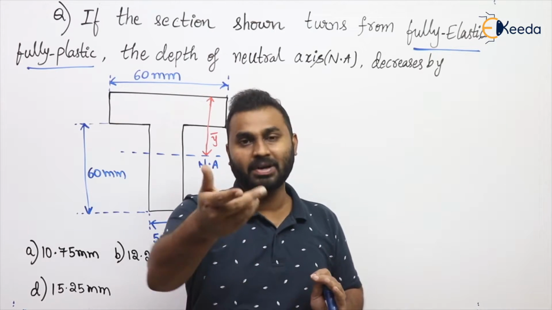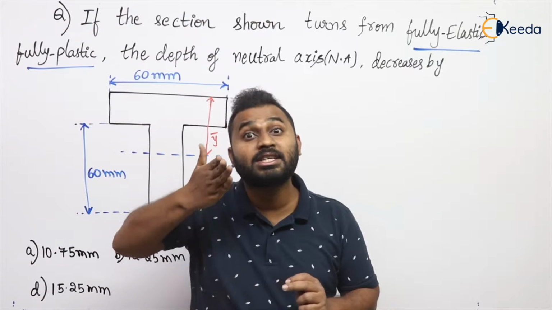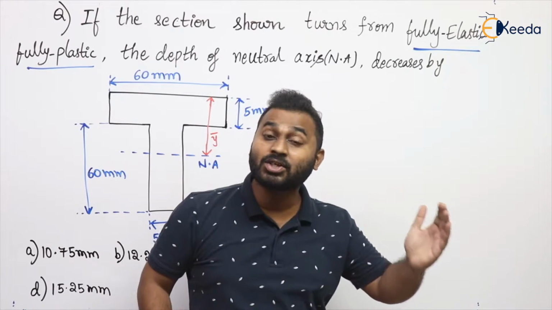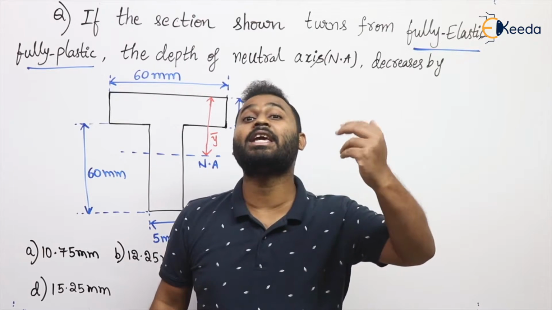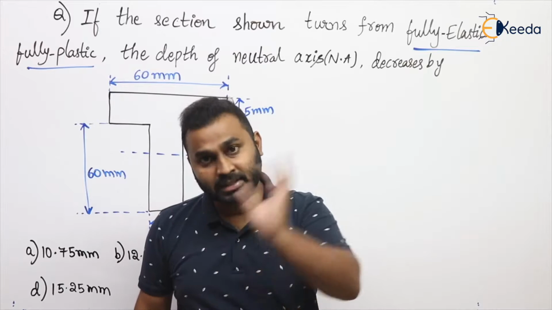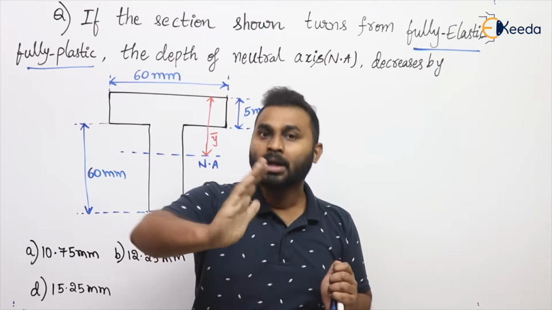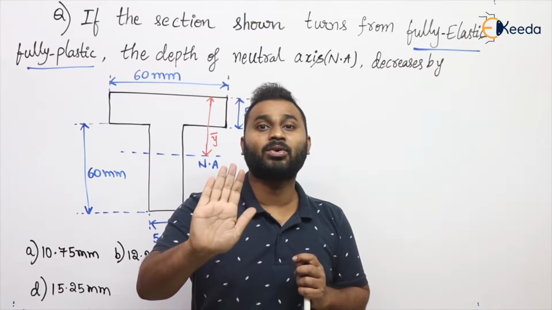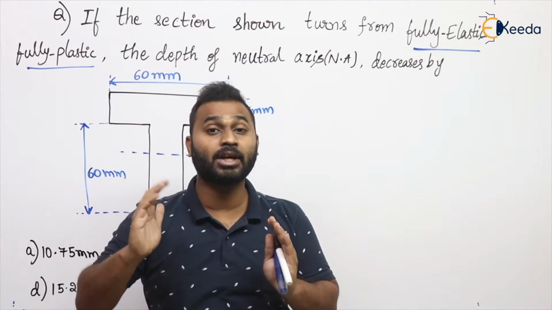Is that okay, everyone? But here briefly I'll revise those things. So the elastic neutral axis is the neutral axis which passes through the CG or centroid of a cross section. That is the property of the elastic neutral axis. Whereas the plastic neutral axis divides the cross-sectional area into two equal halves. Hence, the elastic neutral axis is also called the centroidal axis, and the plastic neutral axis is also called the equal area axis. This is the basic difference between these two axes, or you can say the definition of these two neutral axes. Once I repeat, the elastic neutral axis passes through the CG or centroid of the cross section, whereas the plastic neutral axis divides the cross-section area into two equal parts.